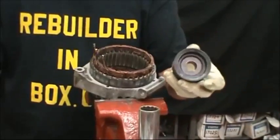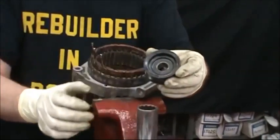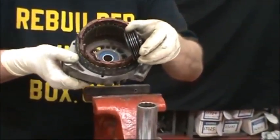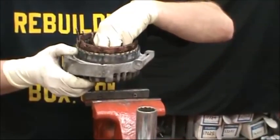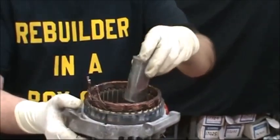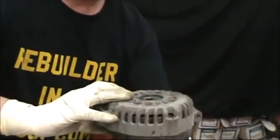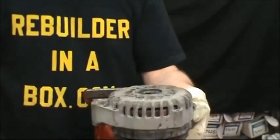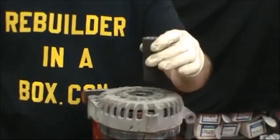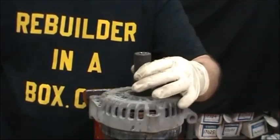Now here's how we're going to get the bearing out. Take the pulley, the front part, the part that's normally out, put that down over the bearing, centered. Then take a 1 1/4 socket and set it up on the vise. Then take a 3/4 socket and give it 2 hard smacks